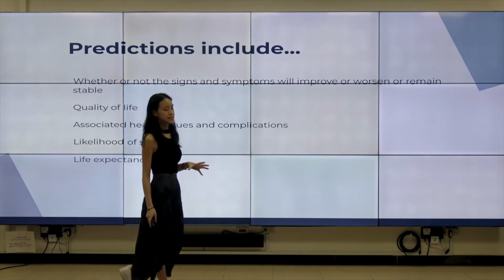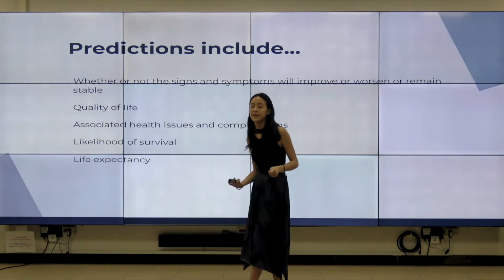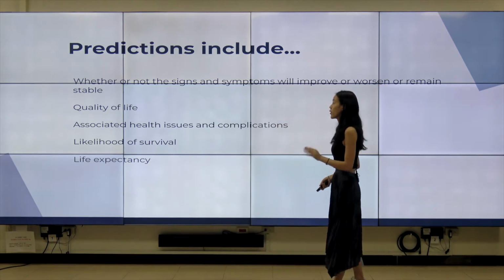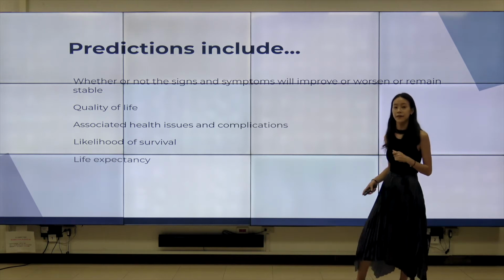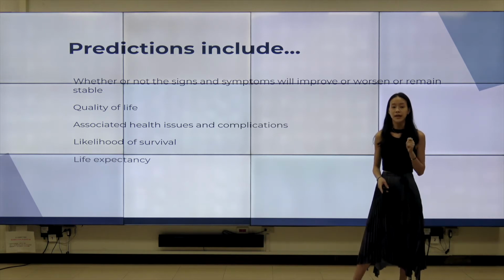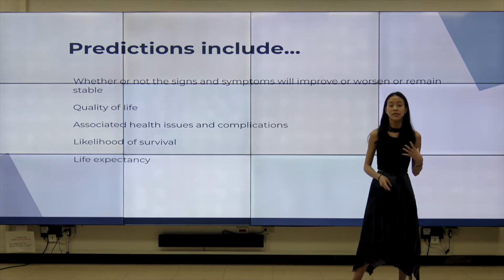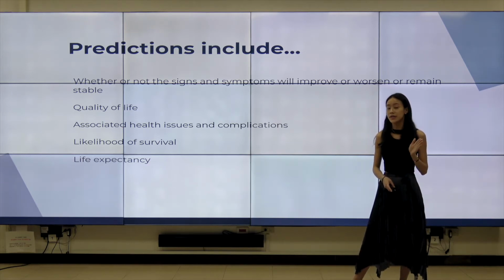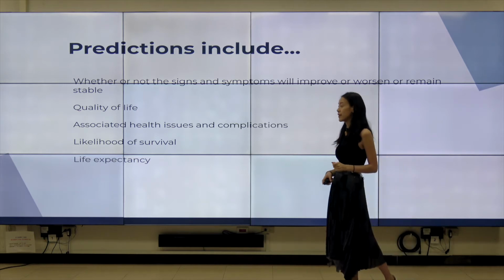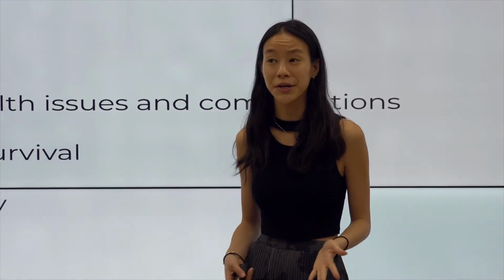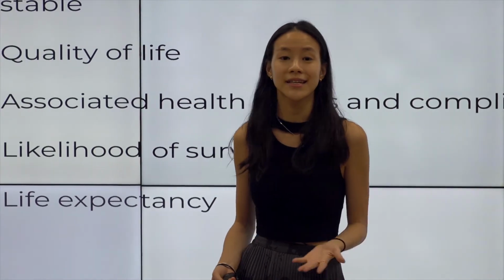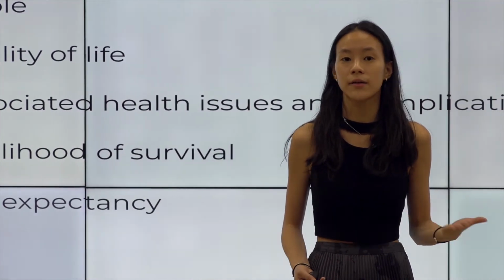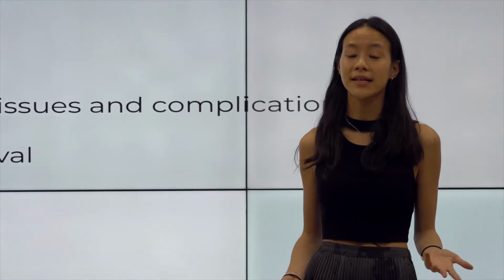In simple terms, we can see prognosis as a combination of many things that the doctors could potentially tell you, including whether or not the signs and symptoms will improve or worsen over time. As in that very first example, the doctors were telling you that the brain cancer is way too dangerous to operate on, and your condition is only going to worsen from that point of time. And your quality of life. For example, what activities can you do? Are you going to be bedridden for life? Are you going to be able to do intense exercises like you used to, such as boxing? What is it going to be like after your surgery or after treatments, if that's the case?